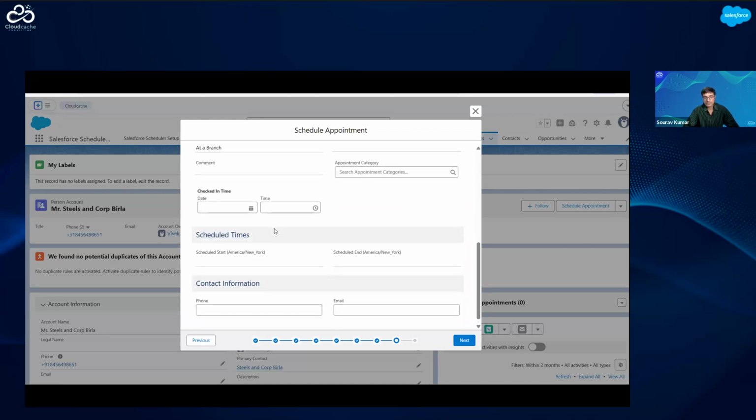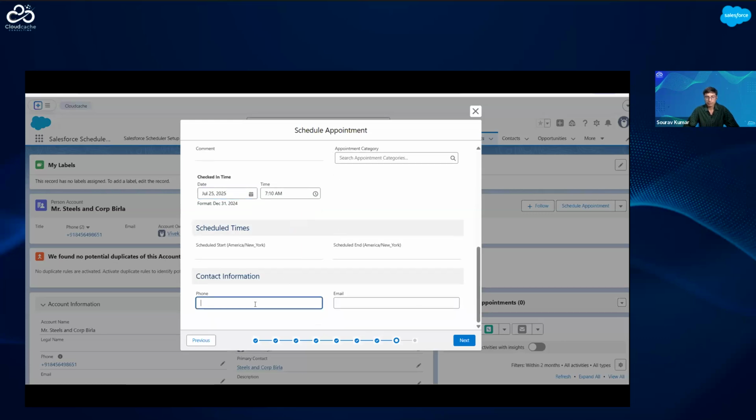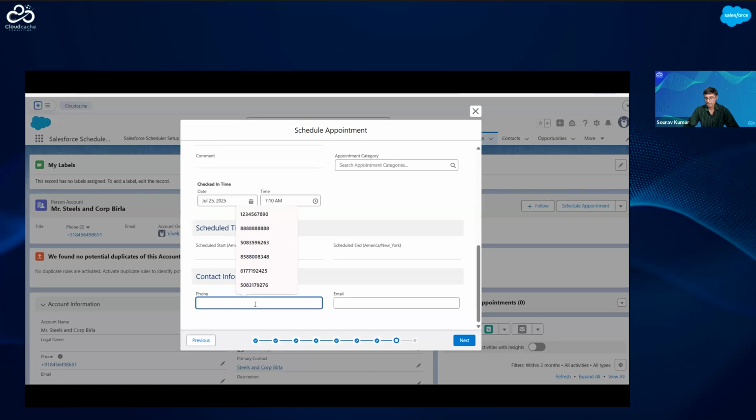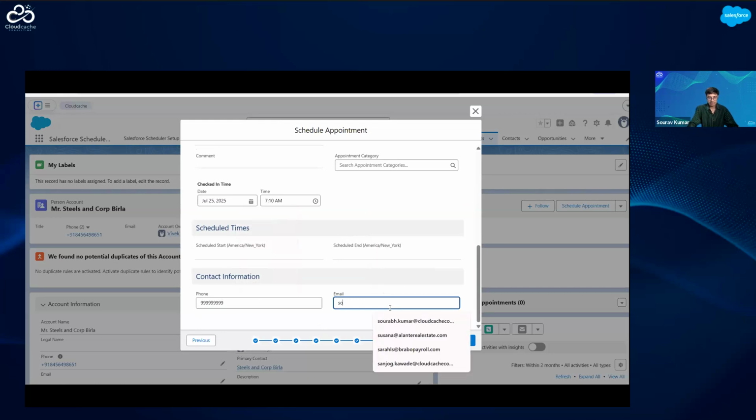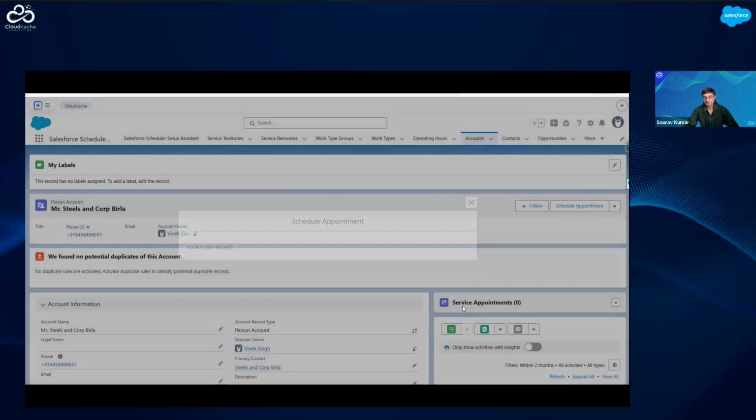Now, you recall that you forgot to choose the time. So you can just write here on 25th, 7:10 a.m. I'm available. You can put the time right here. If you want to enter your number, you can put that. Currently, I'm putting a demo. And here is the email address that I can put. After I hit next, my appointment has been scheduled. After I hit finish,